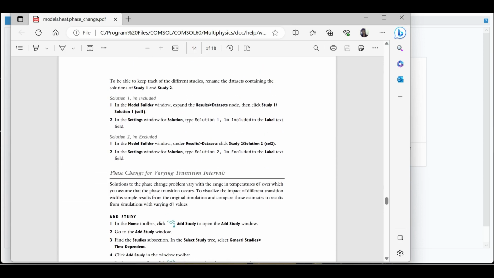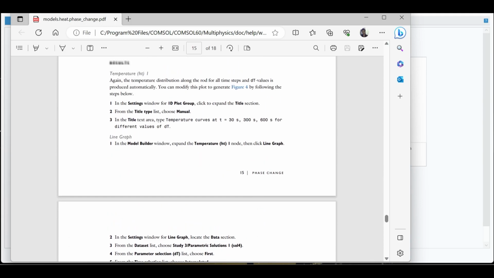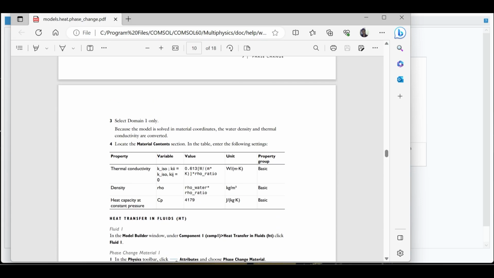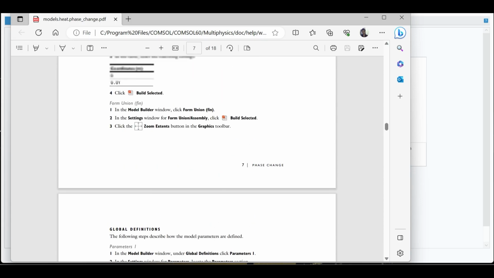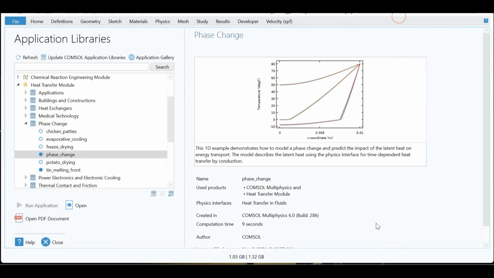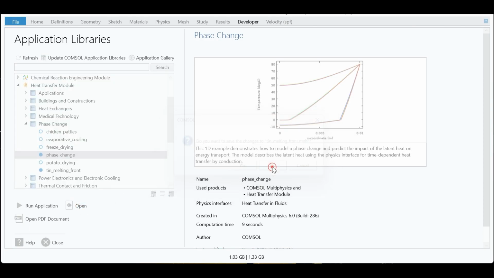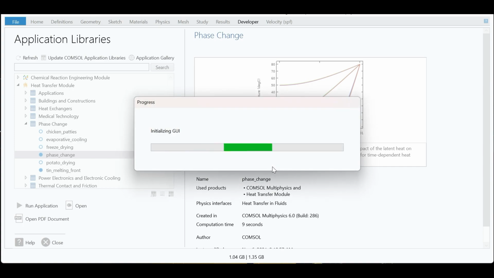study, and then post processing for plotting the results. So this is the step by step documentation of the model. By following this we can create this model. This is very helpful. So this is the PDF format, and from here we can open the .mph file. For this we have to click on this, and this will open the model, and